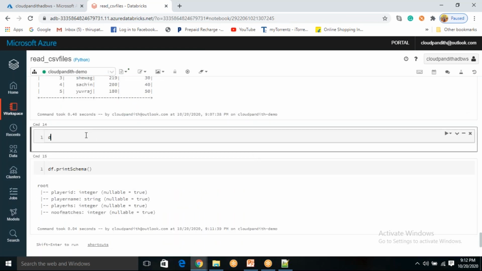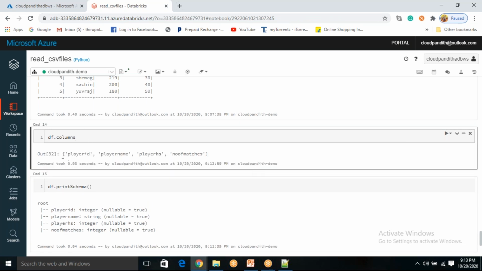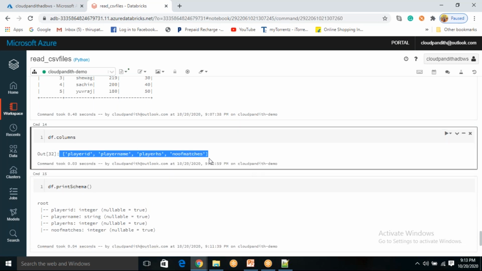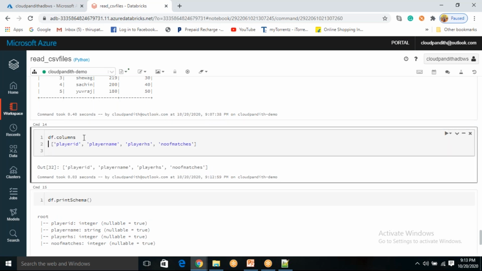For example, you have df.columns. If you ask df.columns, it will give you the columns. This is the column list we have. Now this order of these columns, if you want to change, maybe you want player ID, then player highest score, number of matches, or maybe you want it in a different way.